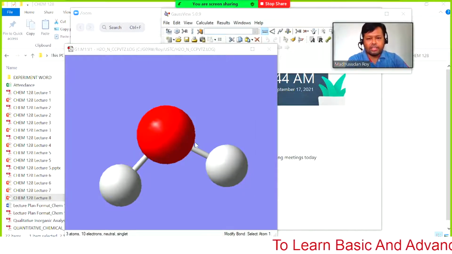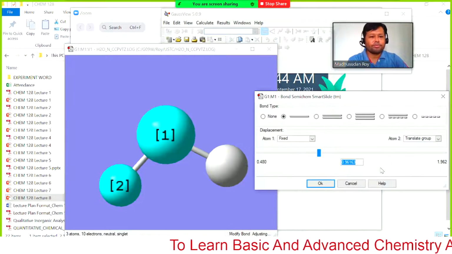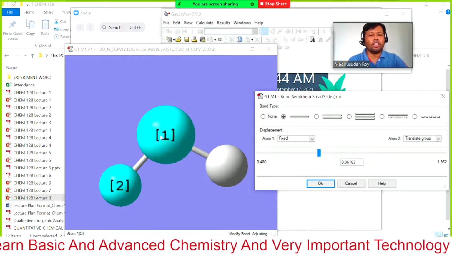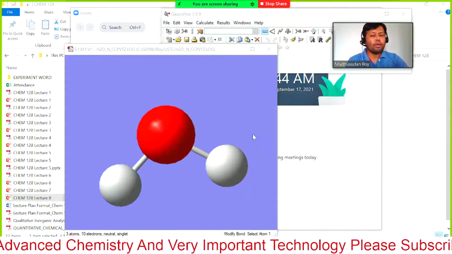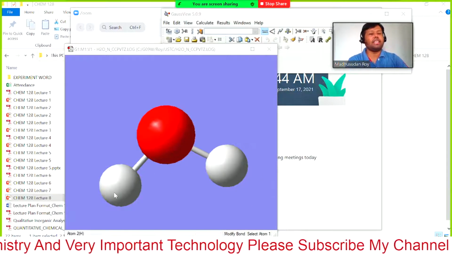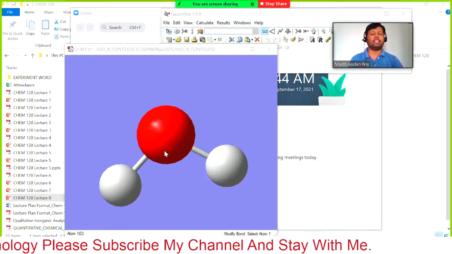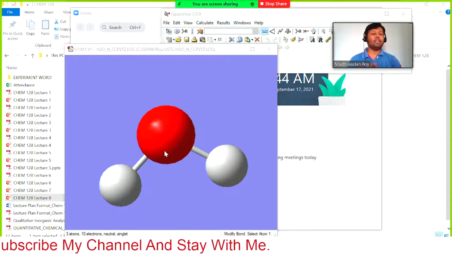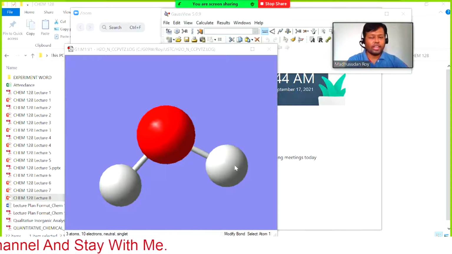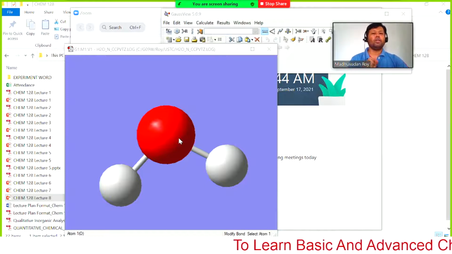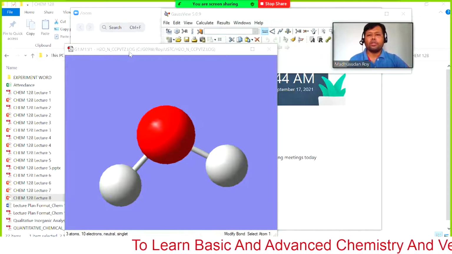We have checked this bond length. Now we can see the bond length for this one. That is exactly the same, 0.96163. So that is the bond length for this one and this one, because for a water molecule both oxygen-hydrogen bonds are the same. So there is no way to be different. So it should be exactly the same, but intentionally I had given two different values for these oxygen-hydrogen bonds. One of them I had given 1.2, another I had given 1.0, but after optimization both bond lengths are the same, because for a water molecule both of them are the same. Now let us find out what the bond angle is.